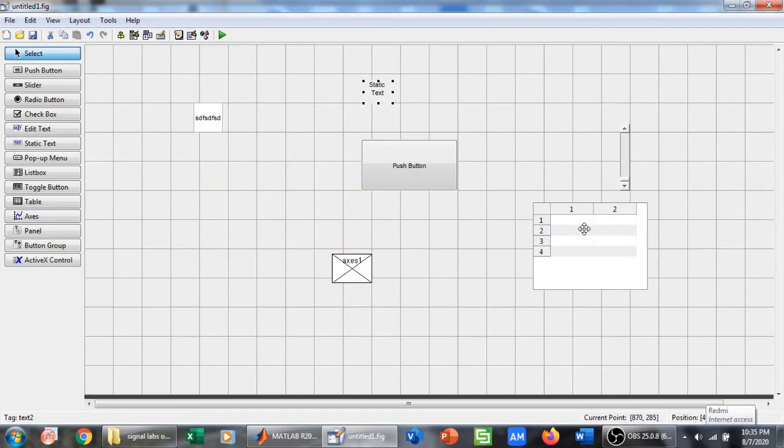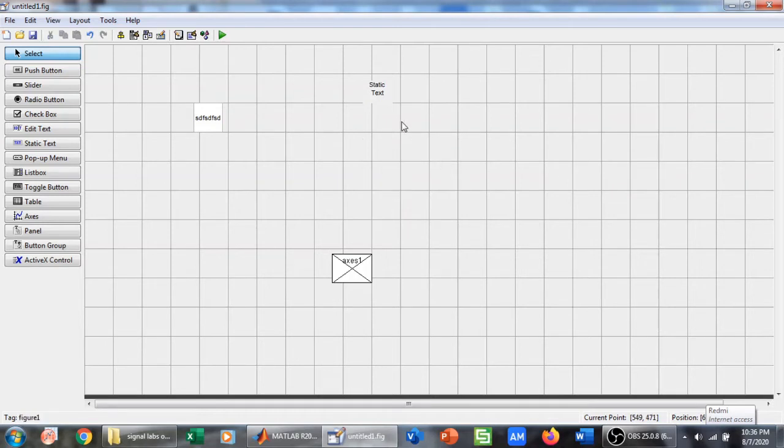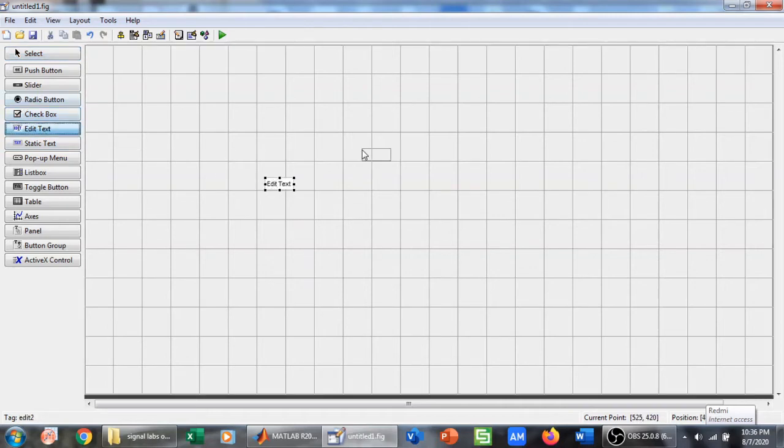So now what we will do is create a very simple program that multiplies two numbers for the user. We are going to give two boxes, two editable text components, to the user, and the user will put values in it and then multiply them. So I am going to delete these components by left clicking and pressing delete. I am going to delete all these components. What we want to do now is create a model that multiplies two numbers. For this I need two editable text components. So I will drag and drop two editable text components, and one static text component for the result.